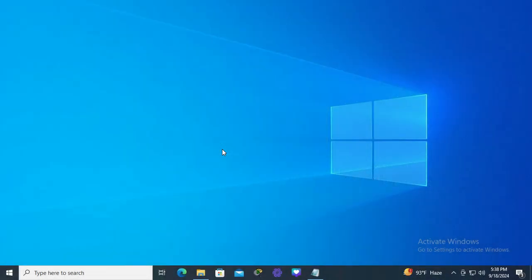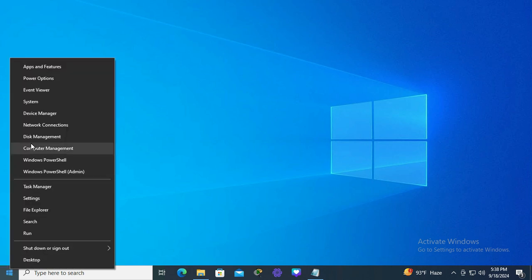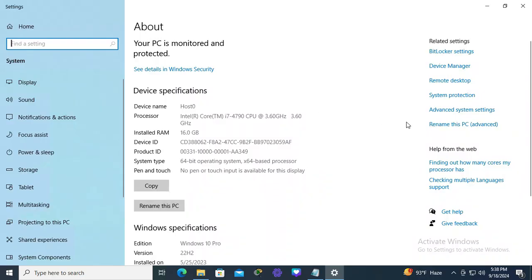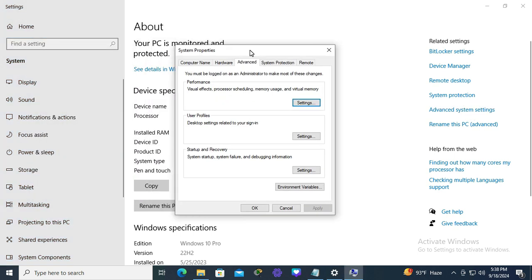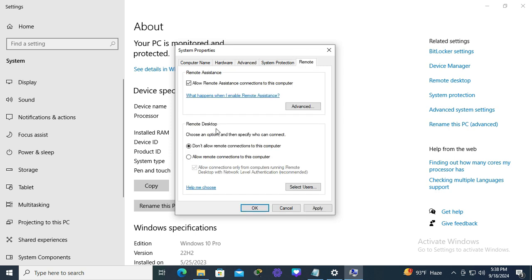To allow a user for remote access in Windows 10 computer, right click on Start menu, click on System. In System Settings, click on Advanced System Settings. In the System Properties, you will find the Remote tab. Click on the Remote tab, and here you will find Remote Desktop, and by default "Don't allow remote connections to this